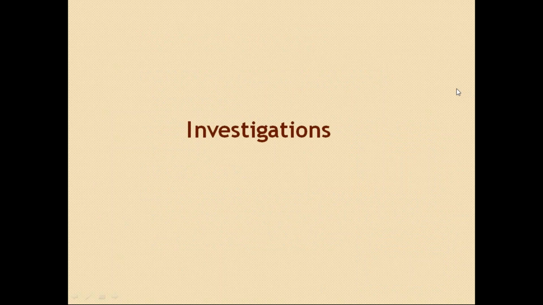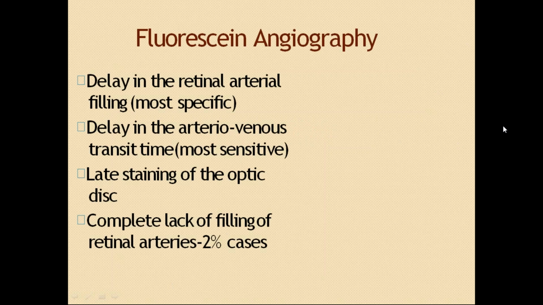Okay, so what investigations do you want to do for central retinal artery occlusion? The first and the most important investigation is fundus fluorescein angiography. Why do we say fundus fluorescein angiography? What we do is, in the vein near the wrist we give a dye which will reach the central retinal artery, and from the central retinal artery onto the retinal vessels the dye will flow normally. So when there is obstruction, the dye will not flow in some of the vessels of the retina.